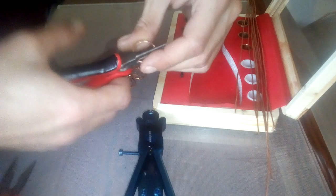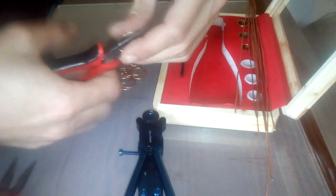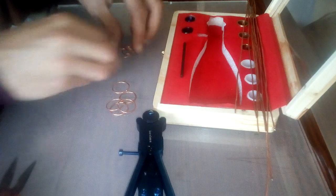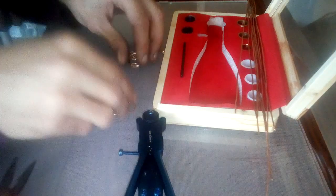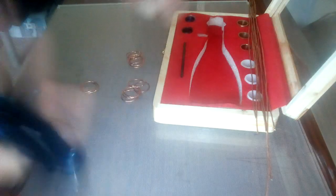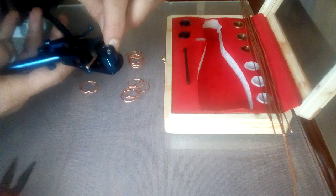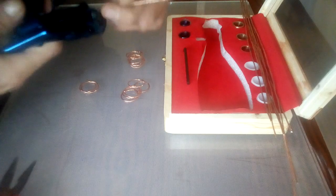Again, making sure it's nice and level. Some of them are, some of them ain't. Five, 10, about 12 now. Let's continue making some more. Lovely little tool this. Quite dark today, as I mentioned. I actually have all the lights on. Should be sunny as hell, but